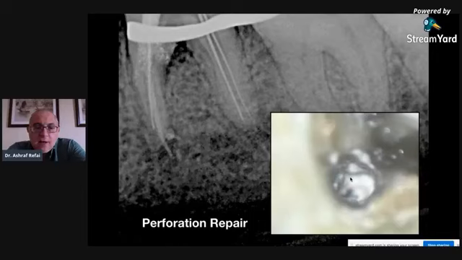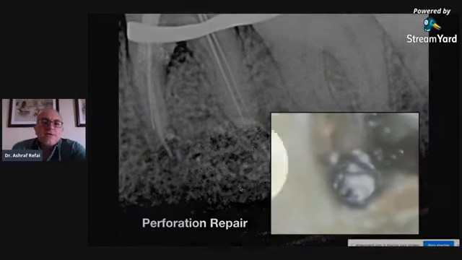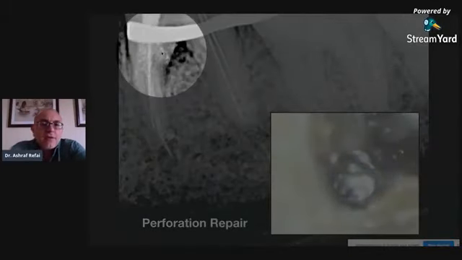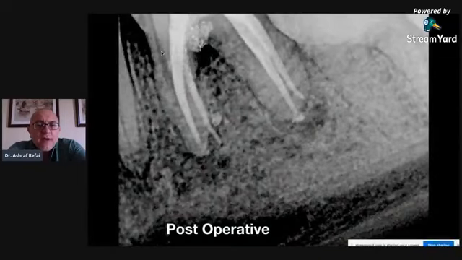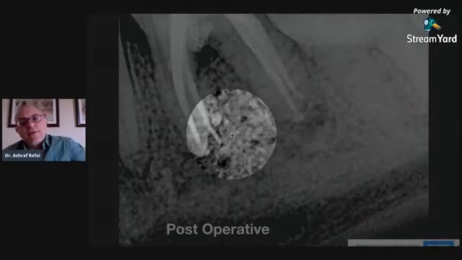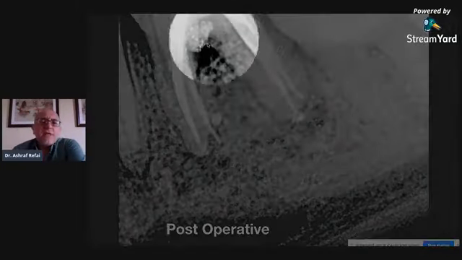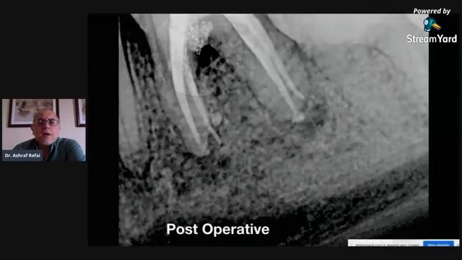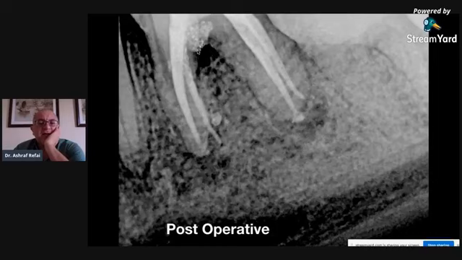And then I repaired the perforation, and these are my master cones, and I started doing the distal canals. I was concerned mostly about that area and repairing that perforation. So I placed in a temporary gutta percha cone to act as a place maintainer during the perforation repair. And then this is my post-operative. Although with my best efforts, I had overextended for about 1 millimeter. But as you can see, I did repair the perforation here, and I'm looking forward to following up these cases in the next few years and to see how much bone loss happens in the furcation area.